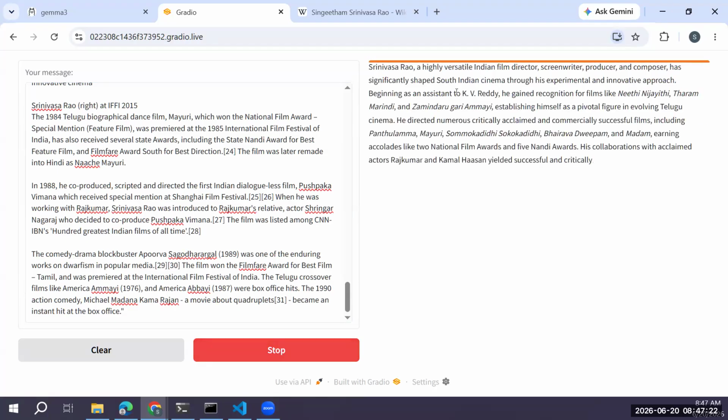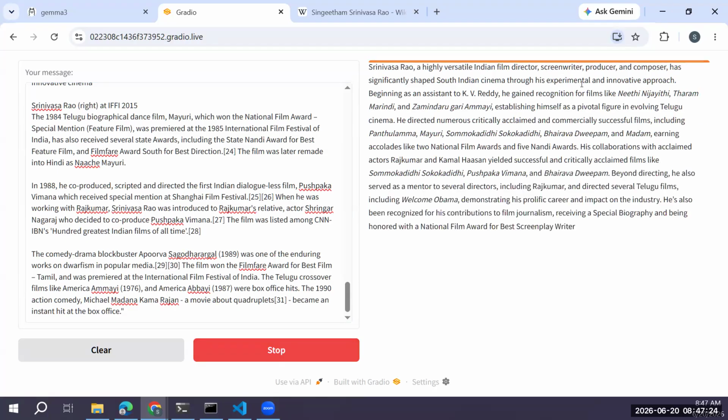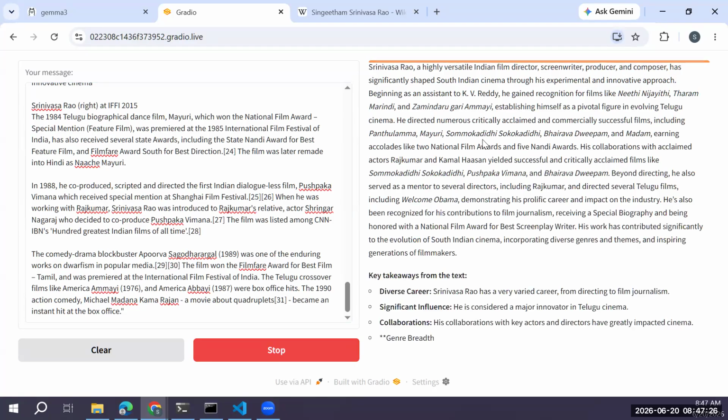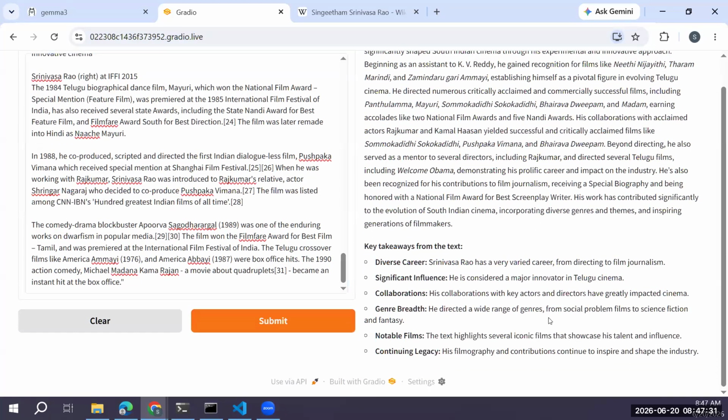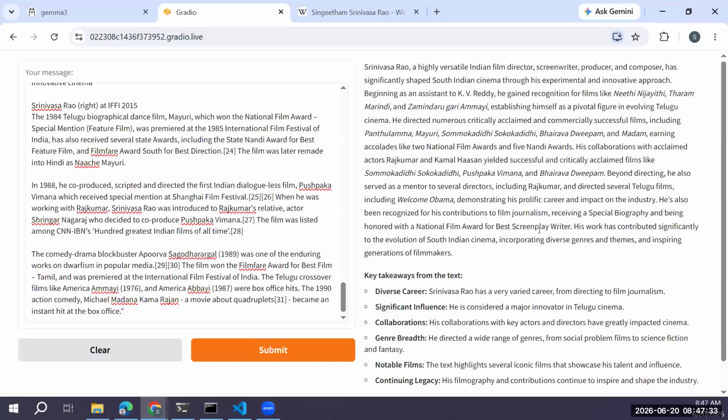So Srinivas Rao is a versatile Indian film director, screen producer, composer, and a lot of things. Of course, I said one paragraph, but it is really giving a lot of information. He was an assistant to KV Reddy, a very, very famous Tollywood director. He has created a lot of phenomenal movies. But Mr. Srinivas Rao is also a very popular director, and recently he's around 94 years old,